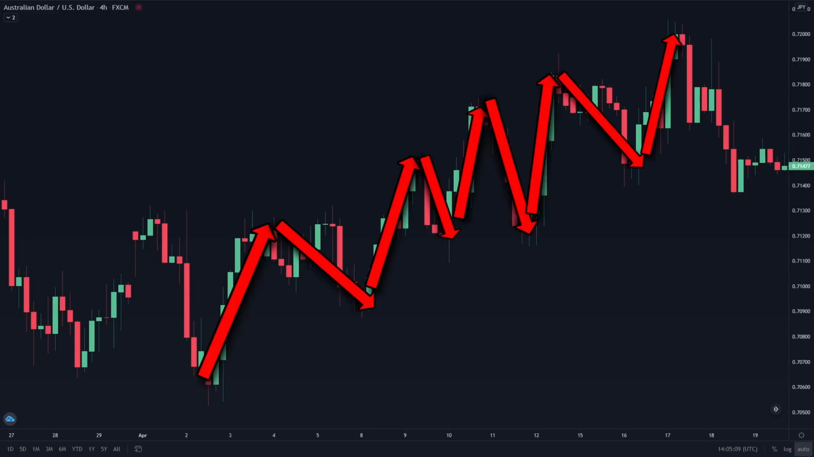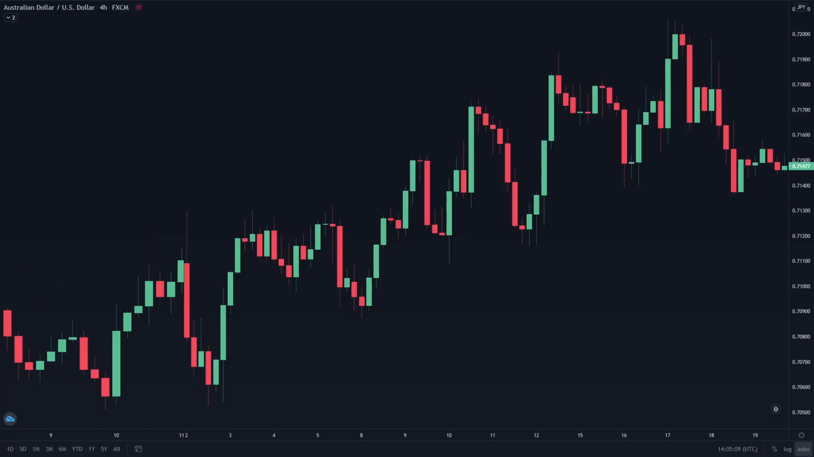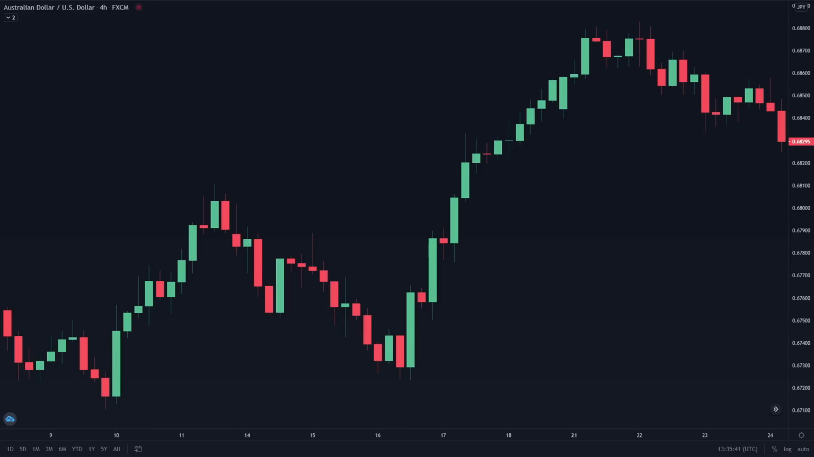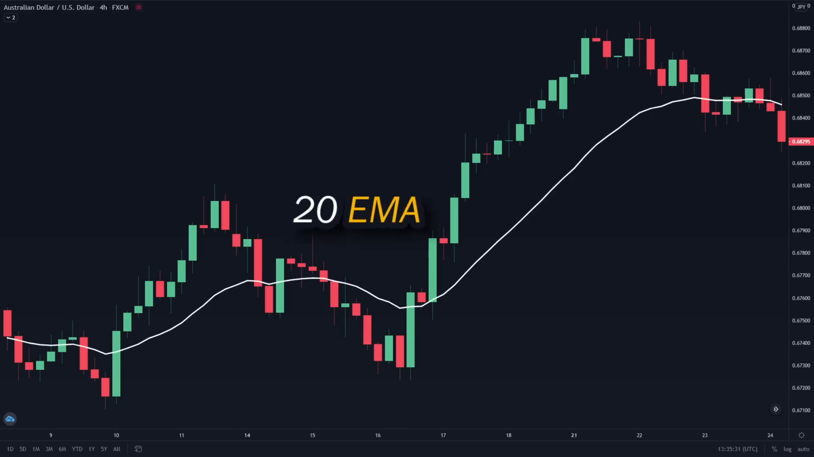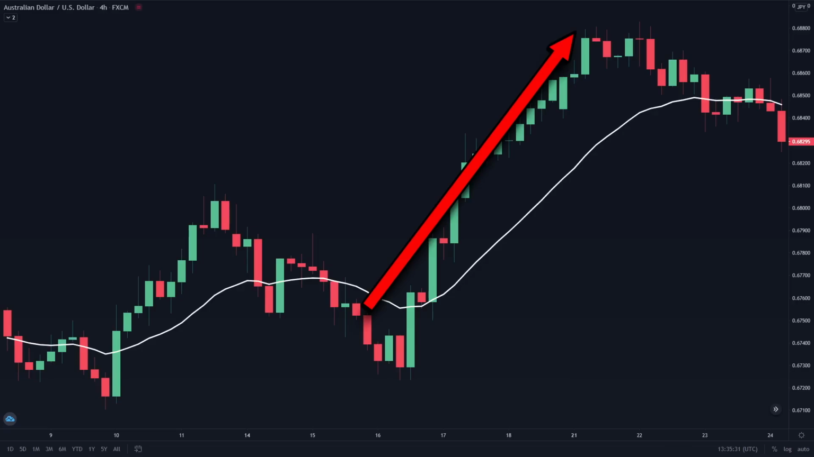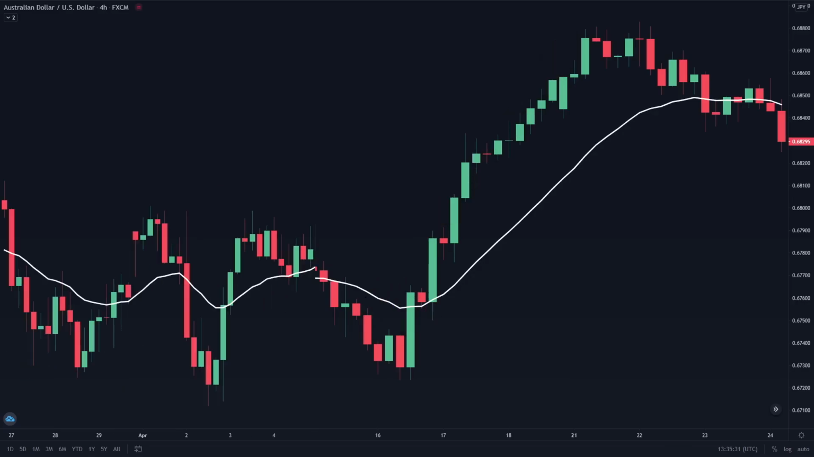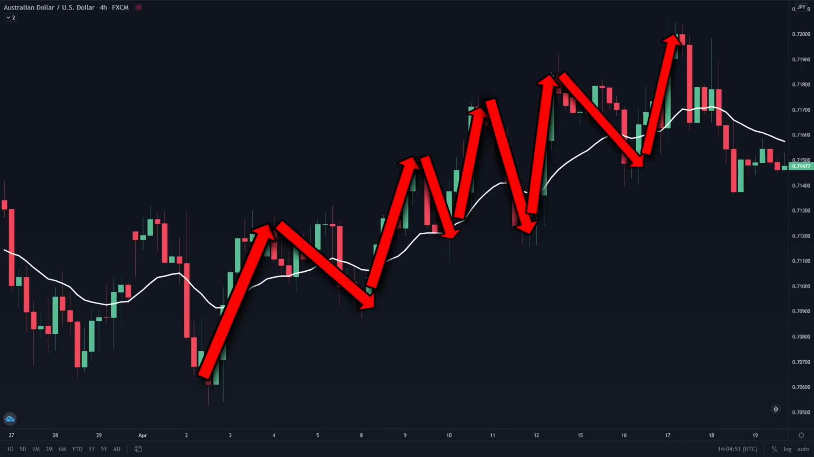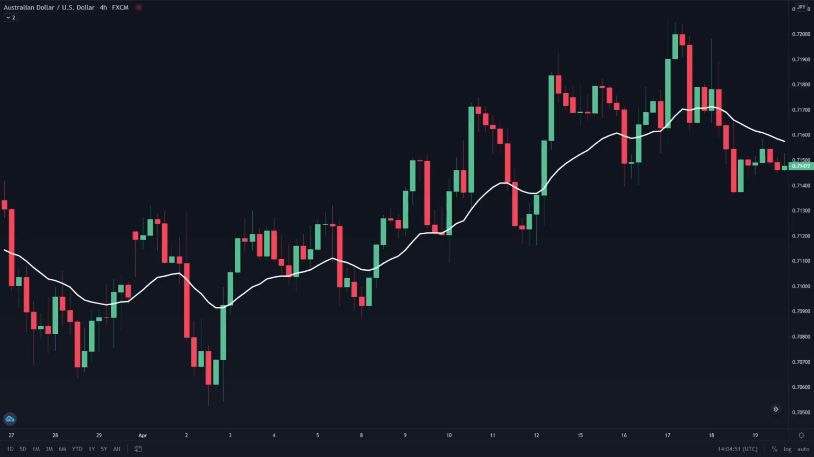The problem is these pullbacks can often lead to false signals. Let me give you an example. Let's say you are using a normal trend indicator such as 20 EMA. If the trend is moving in a straight line like this, then 20 EMA gave a perfect signal. However, if the trend has pullbacks like this, it can be a huge problem because it gave so many false